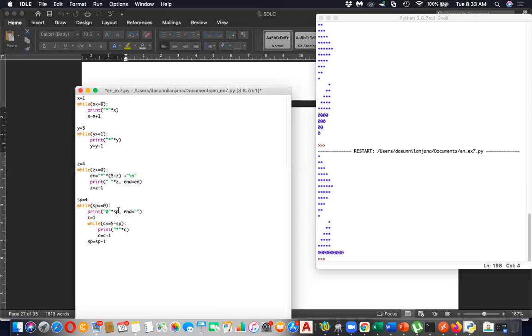Next time it is 1 space because it will still further reduce. So 1 space, but here 5 minus 1 is 4, 4 asterisks. The last time, 0 spaces. 5 minus 0 is 5, 5 asterisks. That is another method to do the same. If I run this code, you can see,